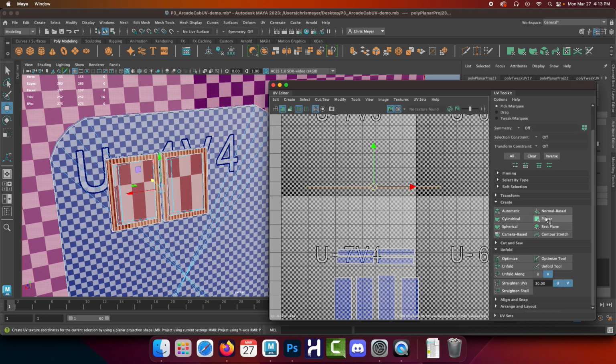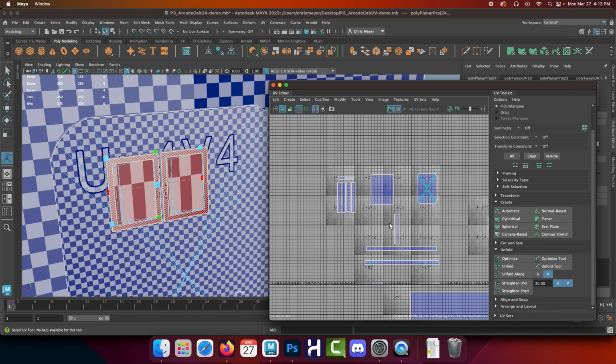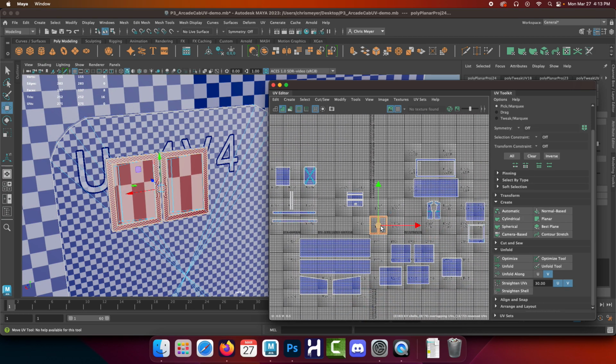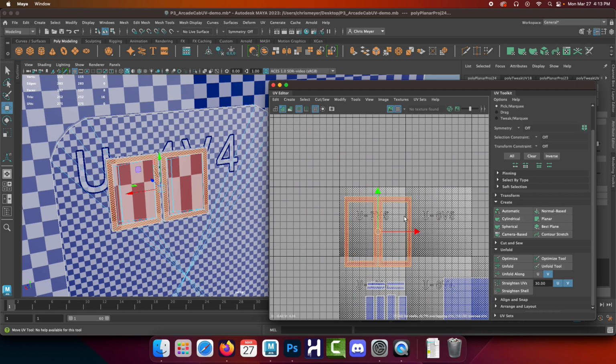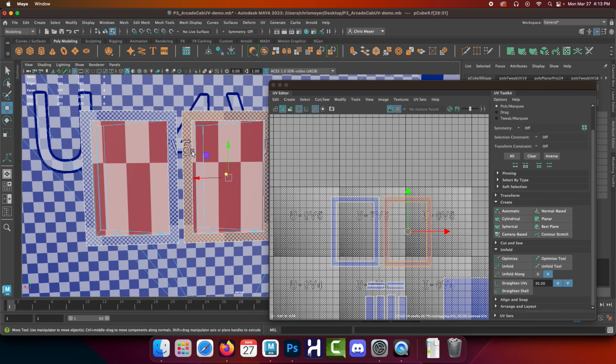Oh, did I say the Y? I meant the Z. I'm sorry. I was like, why are they flat? All right, there we go. From the Z. There we go. Okay. So then we unfold along U, unfold along V. Make sure we have the right one on the right side. Boom, boom, etc., etc. So, and then I will just point out again, the slot in here